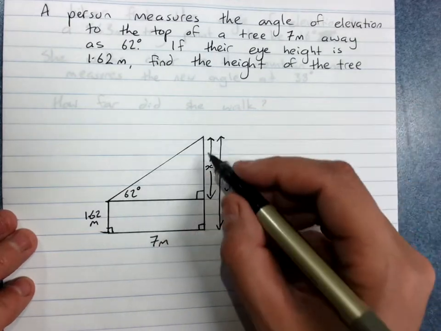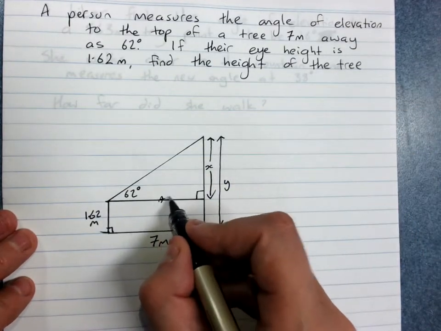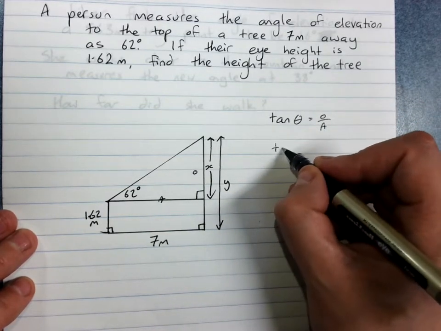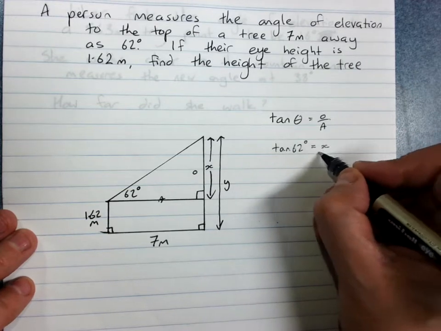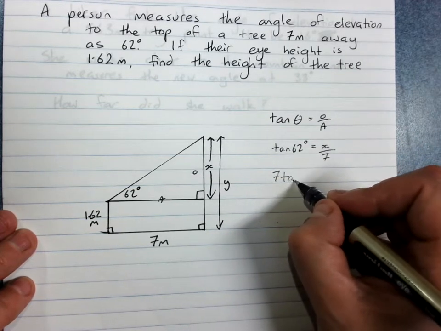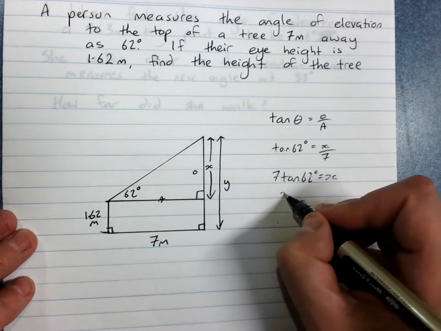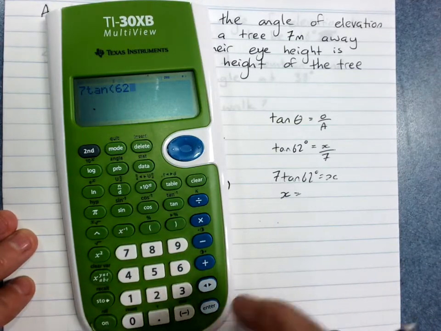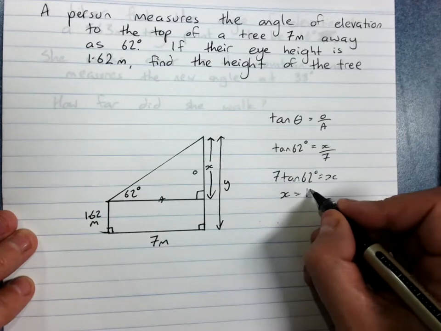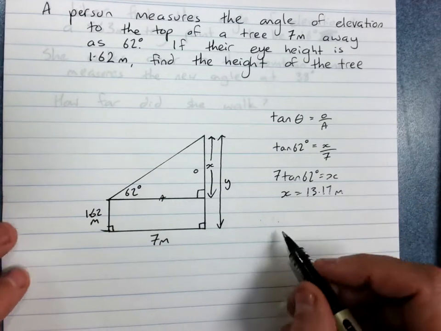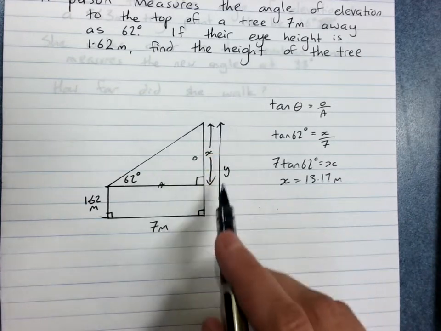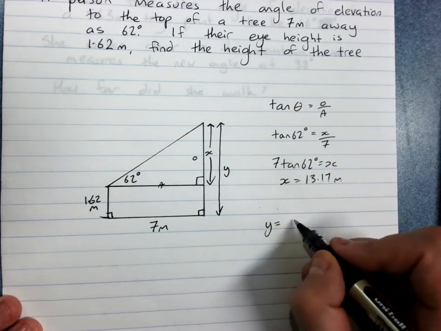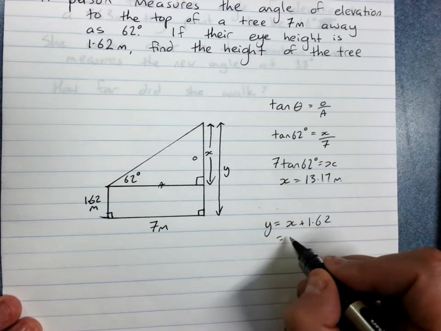So we find X, we have adjacent and opposite. Choose your ratio, substitute your values, rearrange, X is 13.17 meters, and you're finding the height of the tree, so you do have to add on the height of the person observing. Y equals X plus 1.62